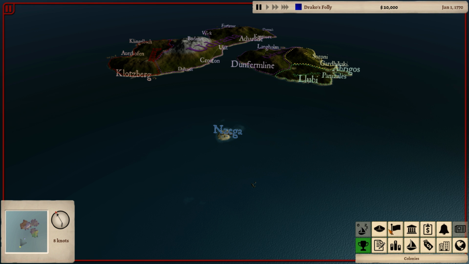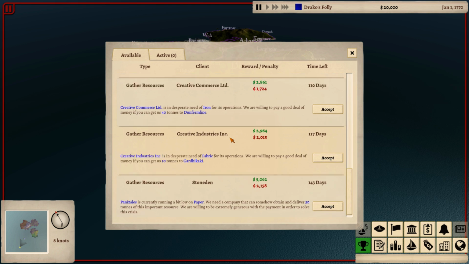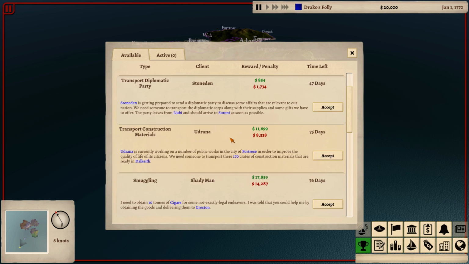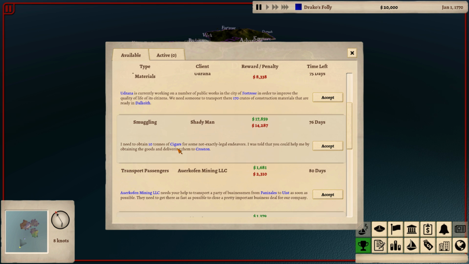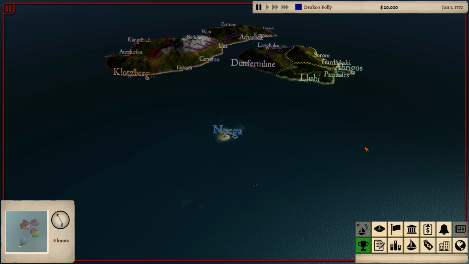Let's try something else. Let's try a different contract. I really want to do some smuggling, because the smuggling mechanic I kind of like, because we have to hide the smuggling goods under regular goods. So if I buy 10 tons of cigars, let's say from over there, and then I have to smuggle them into Croston, let's just send our ship to...